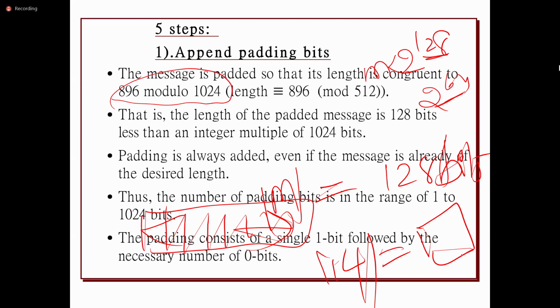It requires 4 bits because 14 means 1110. Isn't it? 1110 is 14. Okay. So to represent 14, it requires 4 bits. In the same manner, in order to represent a message of 2 power 128, it